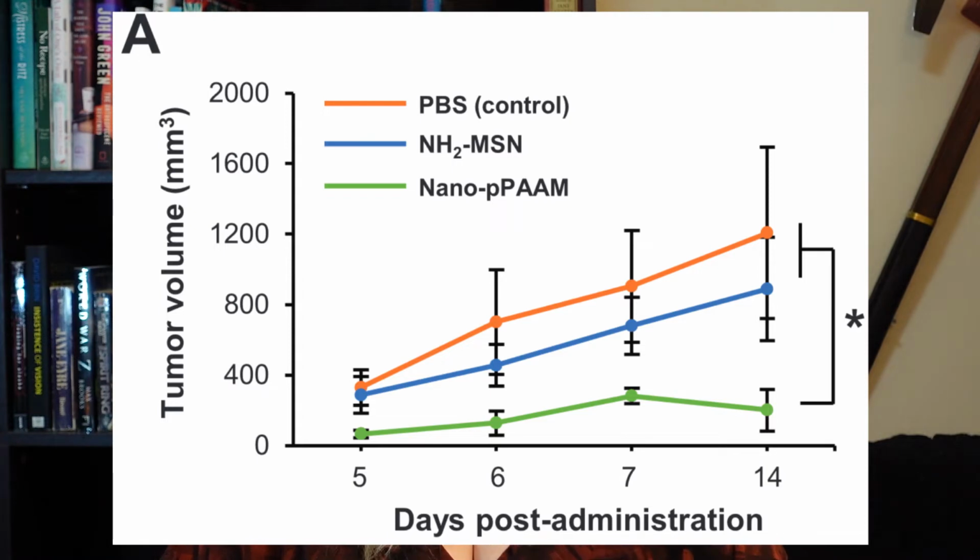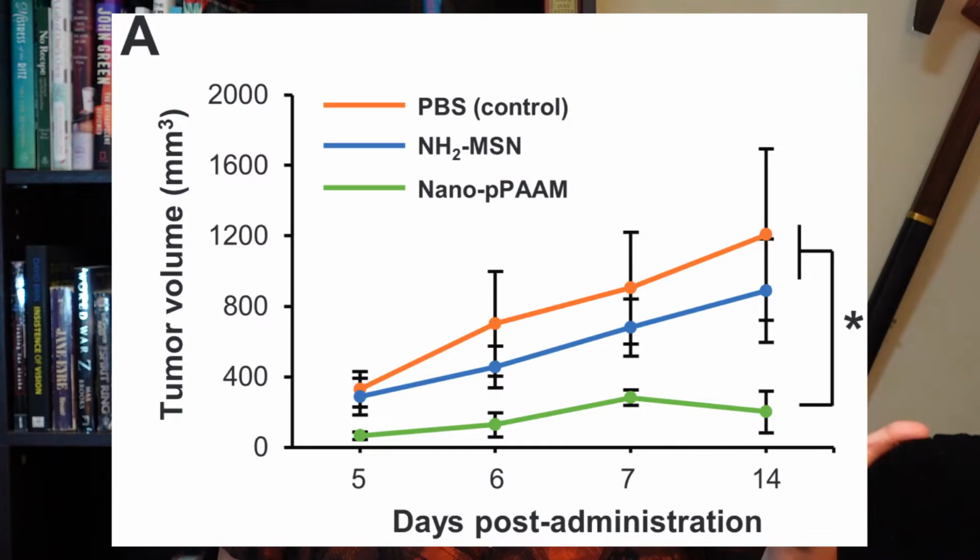The control group has to be treated the exact same way as the experimental group to account for the stress being released by handling or by administration of the treatment. So if you're injecting your Trojan horse into the mouse, you're also injecting your control, just with PBS, which is a type of saline. We already know about our blue line, the naked amine particles. That's the nanoparticle with the amine groups on it, but not the amino acid. It's making sure nothing happens without the actual treatment on it.